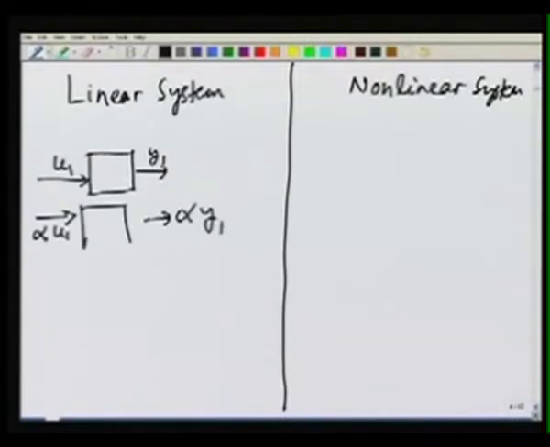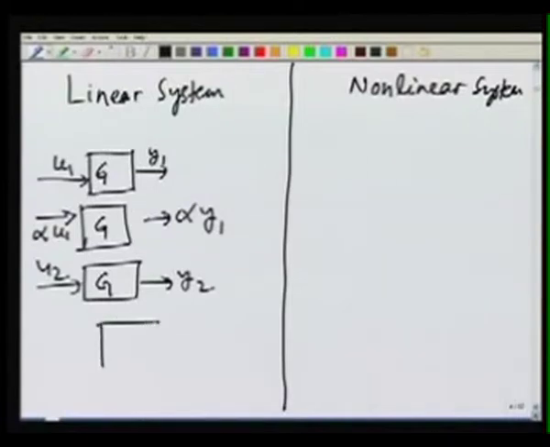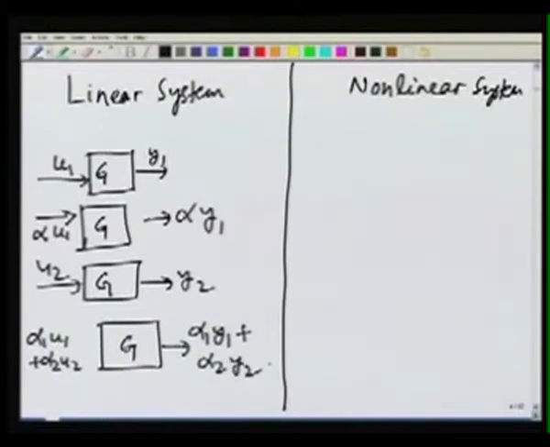For the same system G, if I give another input u2, I get y2. Finally, the superposition principle: I give alpha 1 u1 plus alpha 2 u2, and at the output I find alpha 1 y1 plus alpha 2 y2. And in a nonlinear system,